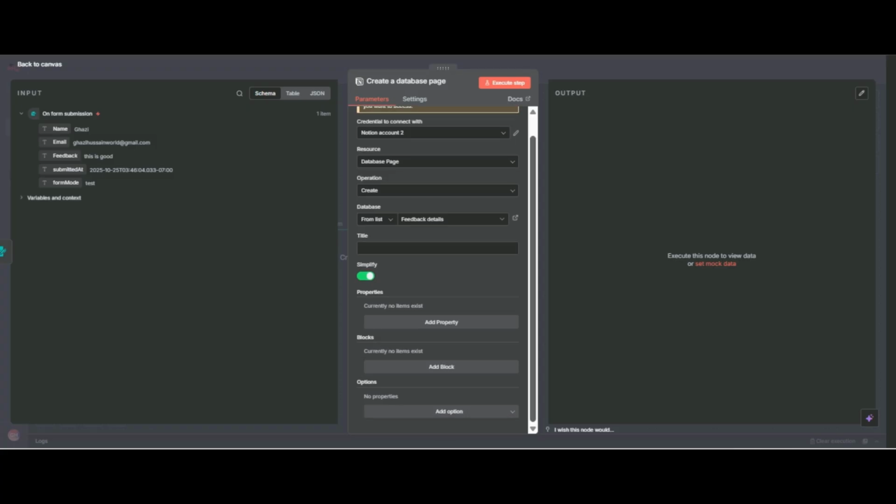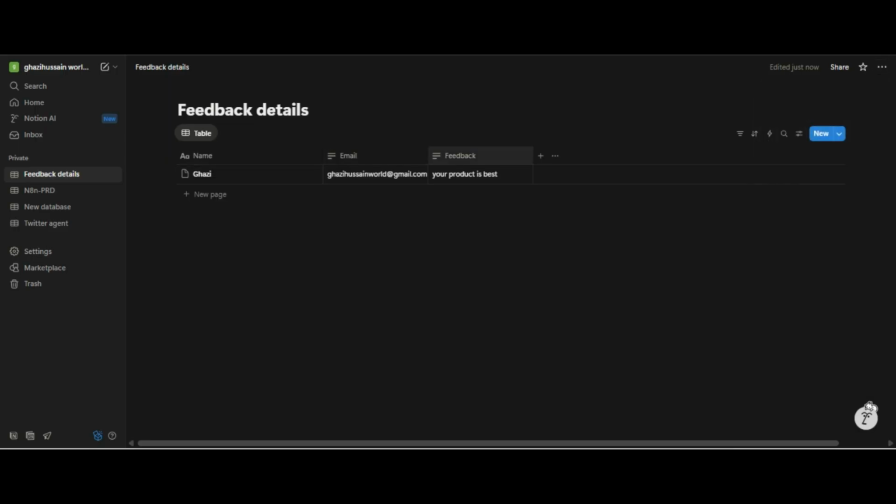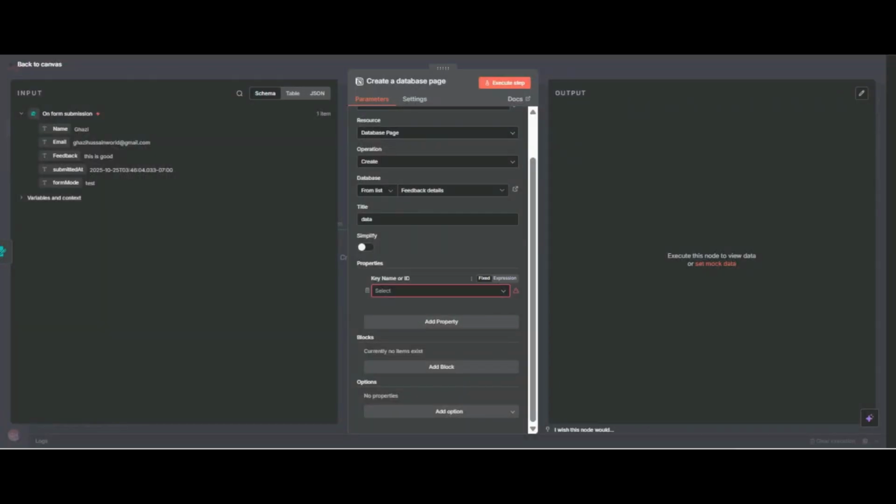So here is a title, you can write any, but I write data. Then we have to send the properties, so I will click on property, and the names you created will show you your key or name ID.